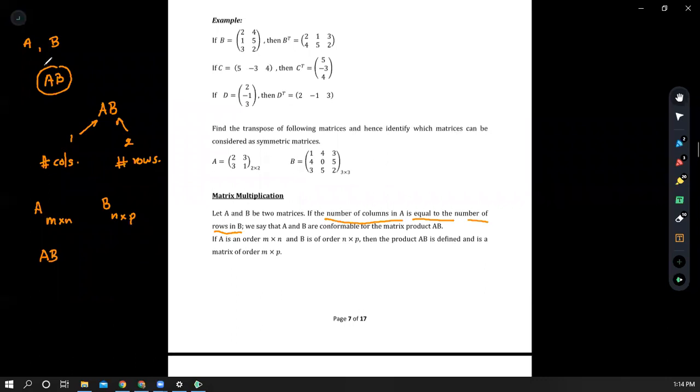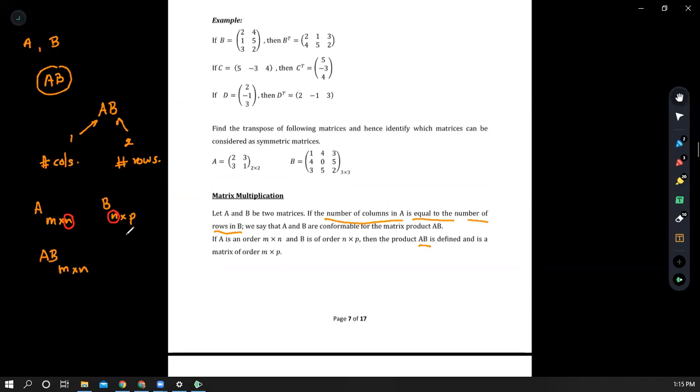Here, the number of columns in the first matrix is n and the number of rows in the second matrix is n. Therefore, the condition is satisfied, and we can say that A and B are conformable for the matrix product AB. Therefore, we can define the matrix product AB,